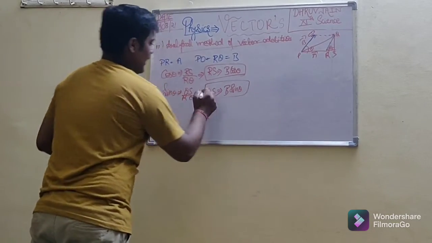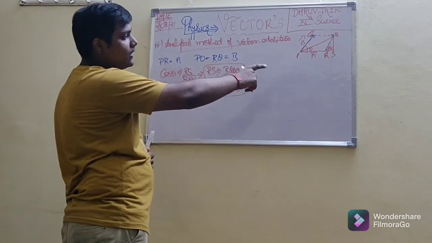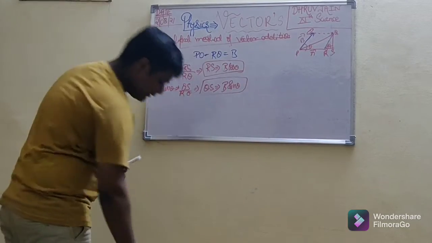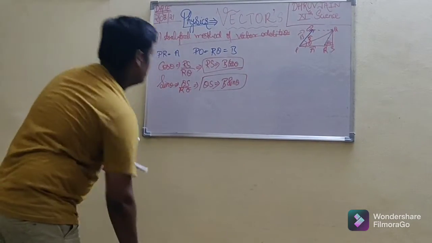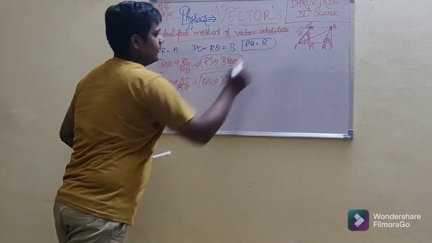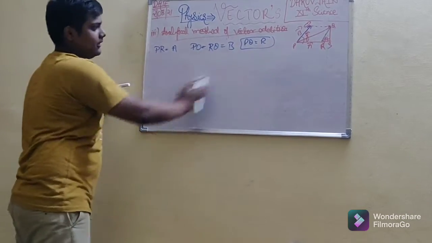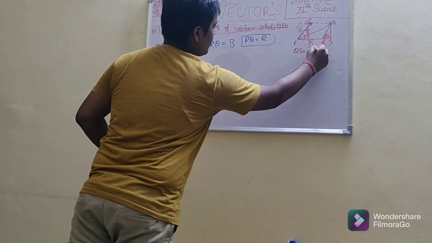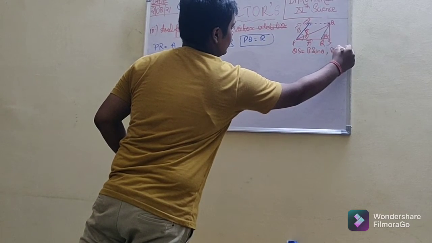Now, as it is perpendicular, we have constructed a perpendicular. Then we will use the Pythagoras theorem. I have told you that this is the resultant vector. Yes, we can write, given that PQ equals R. Let us move on. I will write these values in short: QS equals B sin theta and RS equals B cos theta.